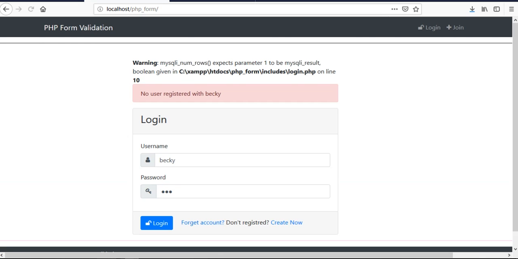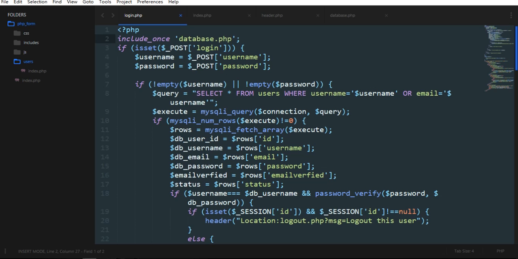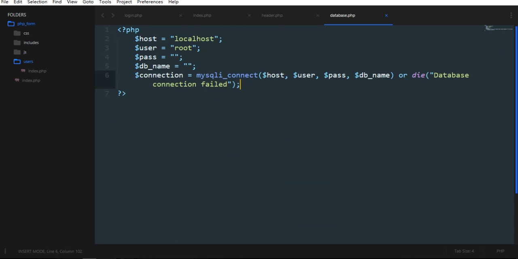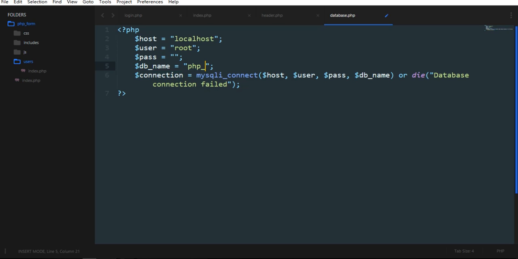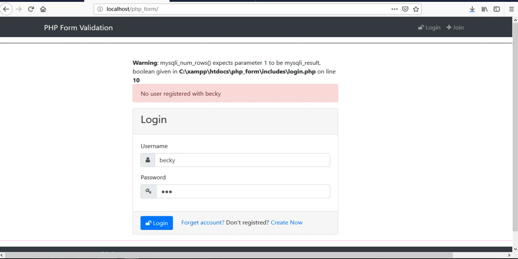Put again MySQL. I think it's given MySQL num rows execute connection. Let's check here. MySQL connect host user from the database. Oh, we haven't built any database name here, so we need to put PHP form. Yeah. Now